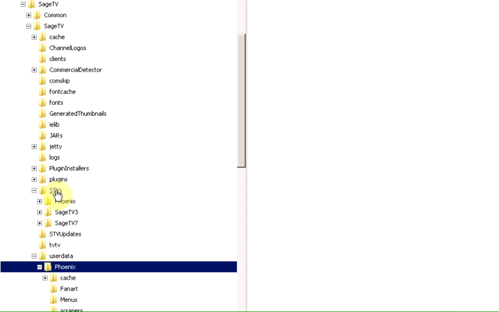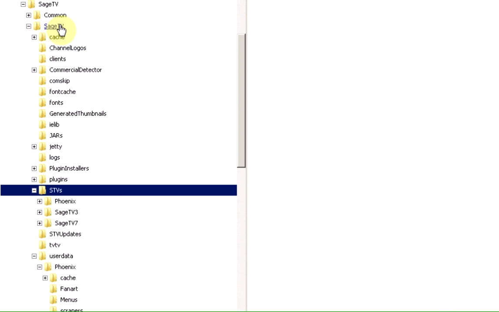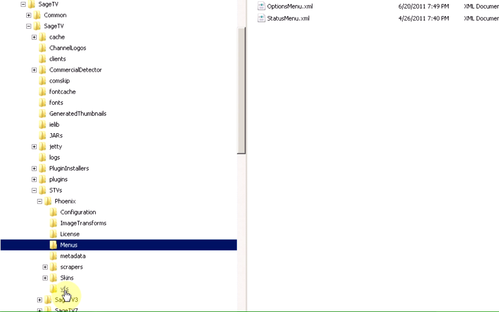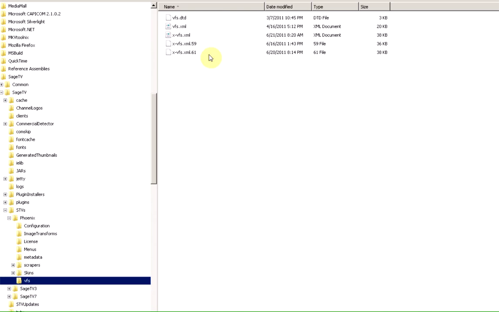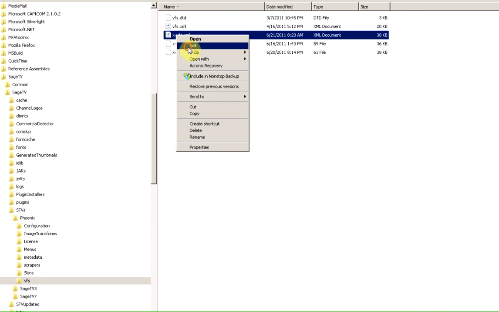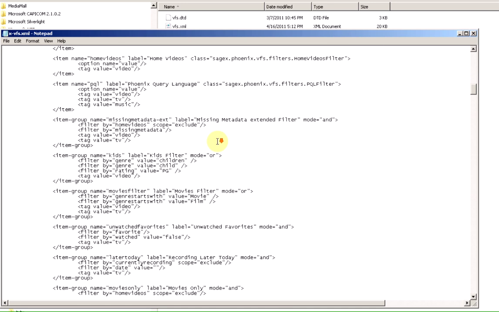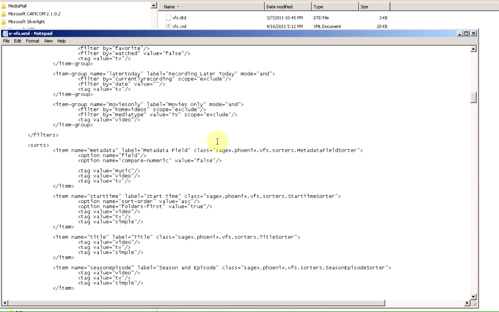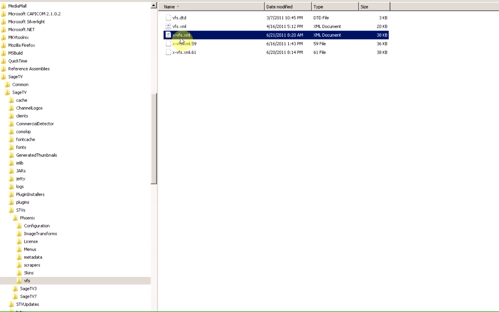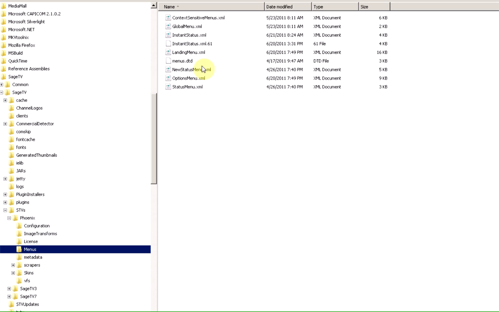up here under the Sage folder, in Phoenix, you can see menus and VFS. This would be the VFS that Phoenix is using, and you just don't really want to edit this directly, because when they release a new version, they're going to blow away all your changes. So that's why you can use this as reference points on how to build things, for the landing menus and so forth,